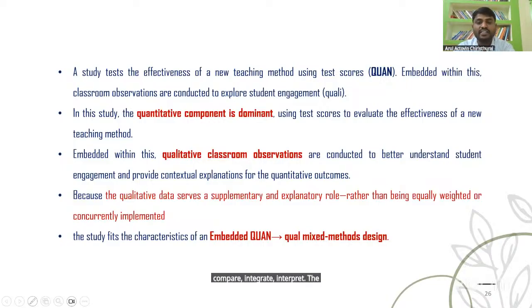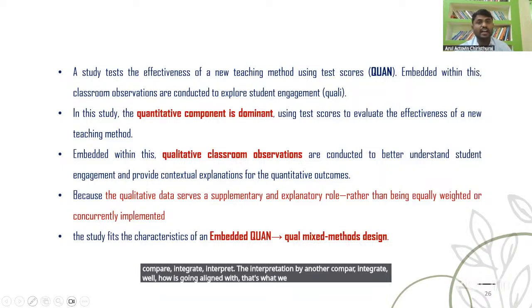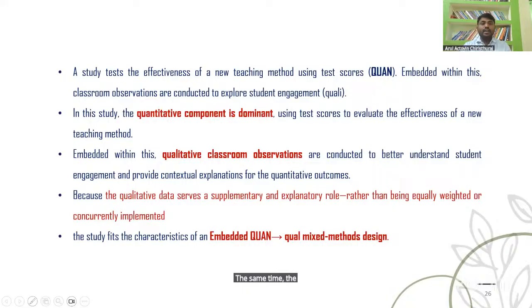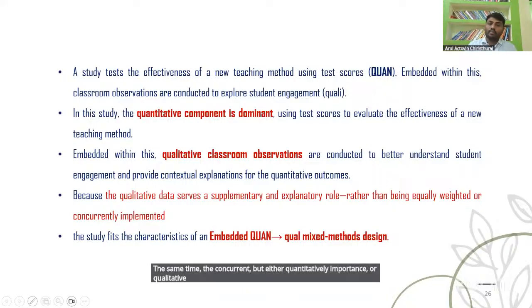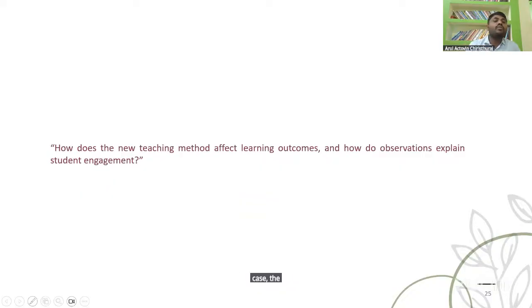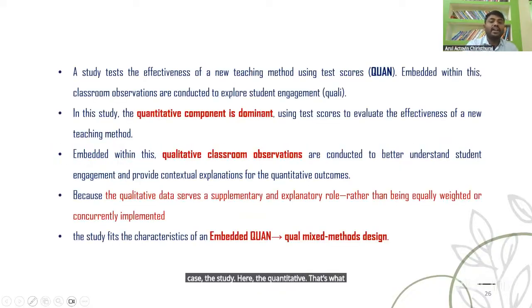The interpretation point is whether they align, and that's what we check. But here, either quantitative will be given importance or qualitative will be more dominant. In this particular case, the quantitative is dominant: embedded qualitative mixed method research.